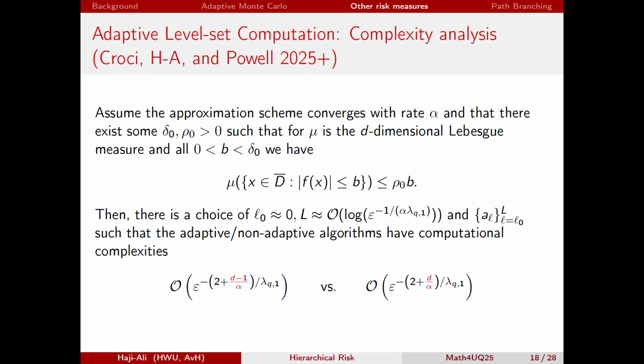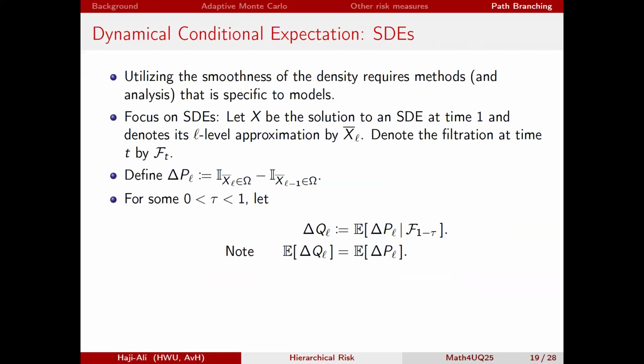So this is the complexity when you don't do adaptivity, which depends on the dimensionality of the ambient space, and this is the complexity when you do adaptivity, which depends on the dimensionality of the level set itself. I realize that this is a bit too fast. It's just to say that by doing adaptivity, one can focus the work exactly on the level set, which has a lower dimensionality. It remains to be seen if this can actually be amenable to multi-level Monte Carlo approximations.